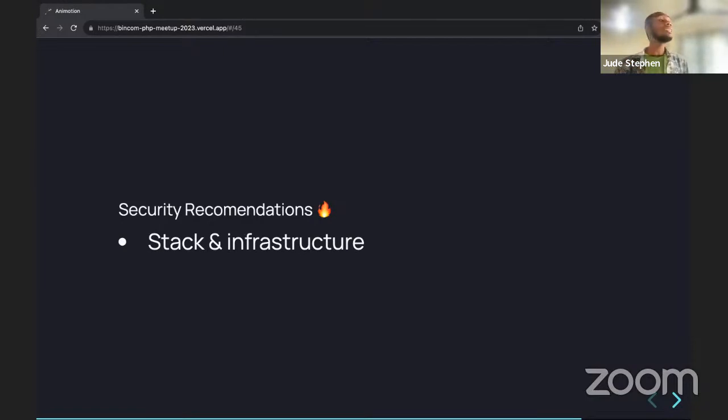Some of us are using Laravel 7. Let me tell you this, from Laravel 8 down is no longer safe for your application. So if you have any application that is running Laravel 8, you are not safe. I think it should be 8.7 or something around that. So you need to learn to keep your stack up to date. Your PHP version should always be coming up to date.